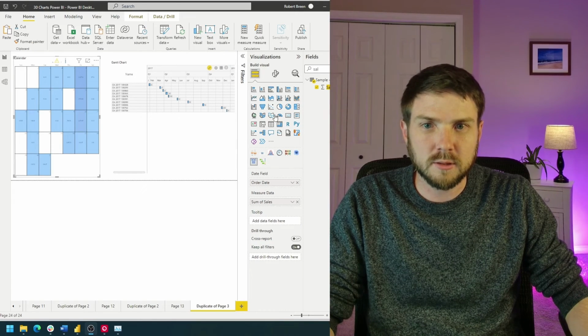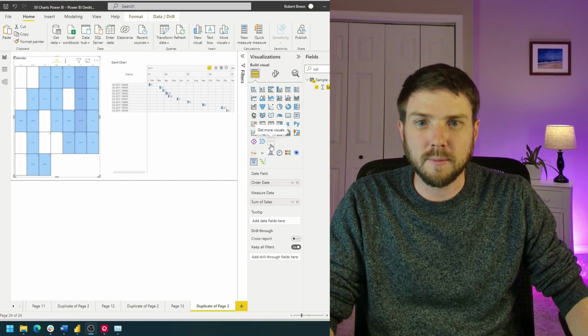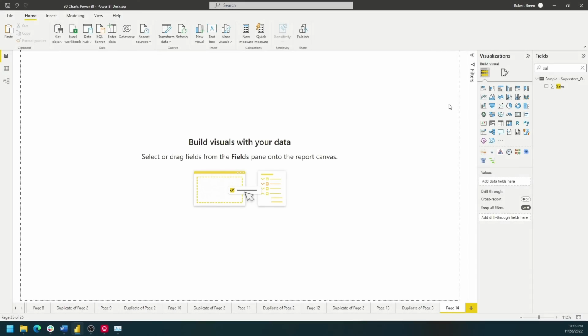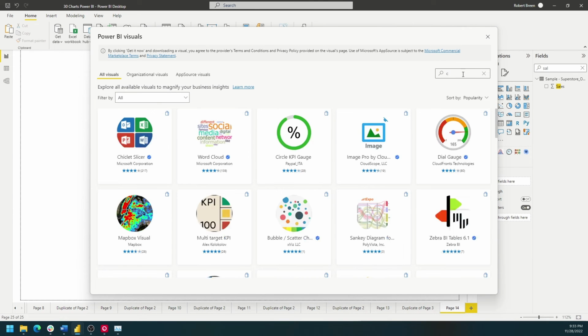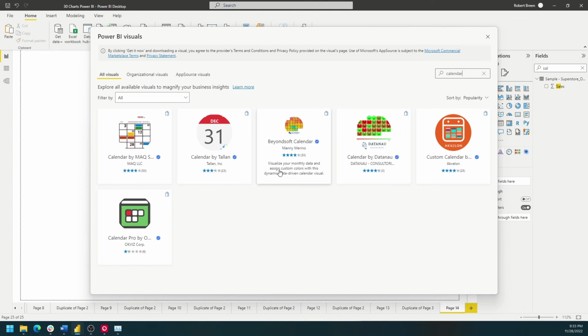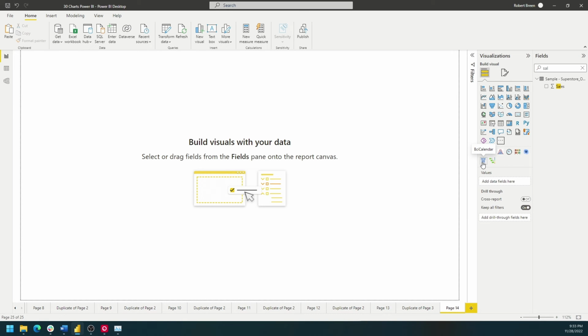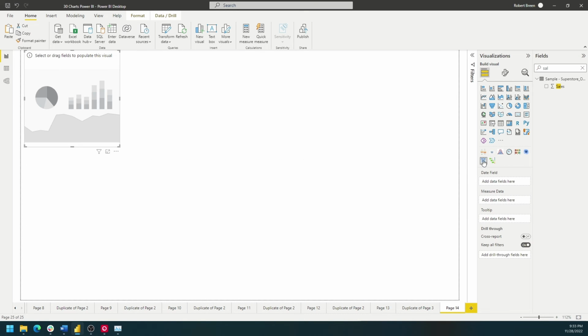How do you build a calendar visual and a Gantt chart in Power BI? They're both custom visuals that don't exist in Power BI by default, so let's take a look at how to build them. A calendar visual is not a standard chart type, so let's click on Get More Visuals and Get More Visuals again. We're going to search for calendar